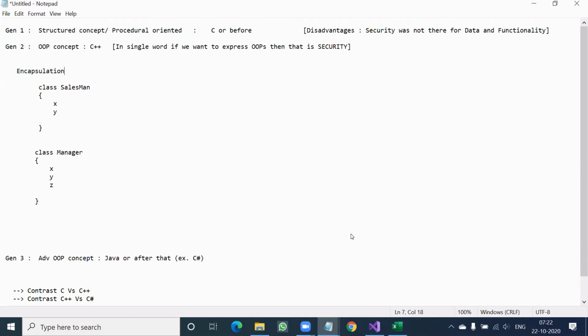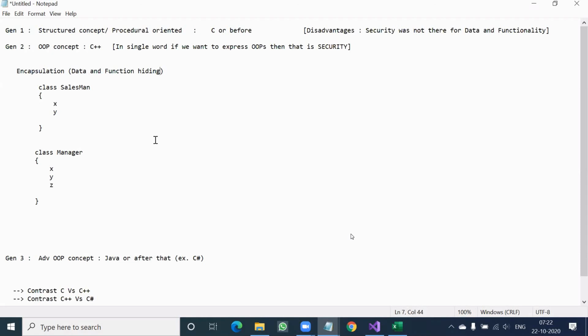Or in easy terminology, it is called data and function hiding. Encapsulation means data and function hiding. That means in 5 minutes, we are going to discuss entire C++, entire C#.